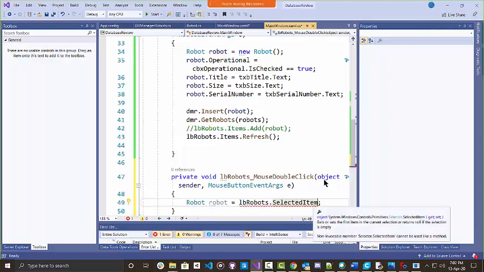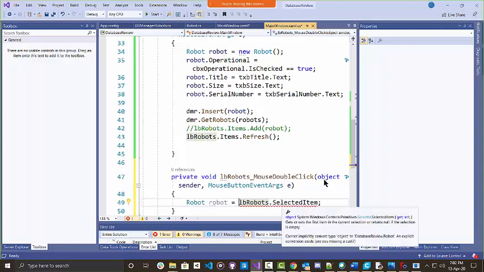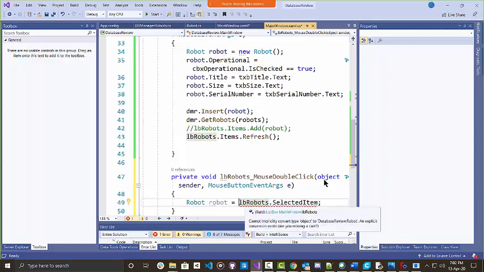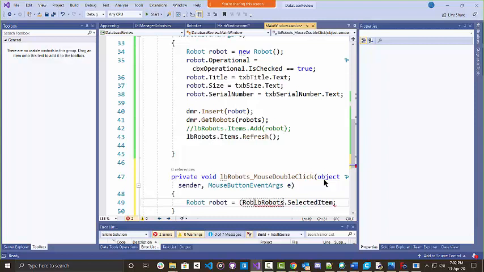But if I look at selected item, it's object. How do I turn that into a robot? Well, boxing and unboxing. I cast it. Yep. So if I cast this to robot,